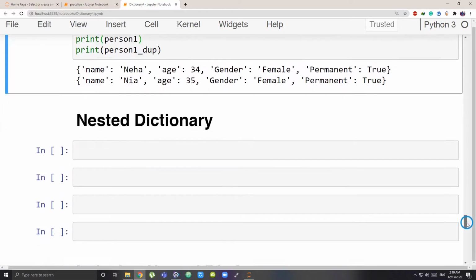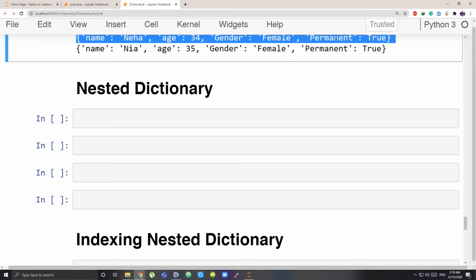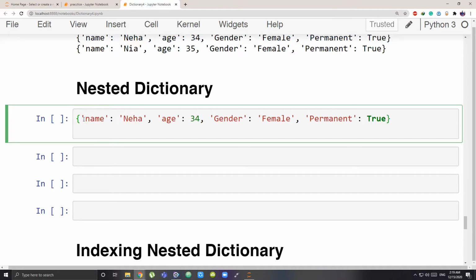Next, we have nested dictionaries. What do you think nested dictionaries are? A nested dictionary is a more complicated dictionary. It basically means that some of the values, or all the values, or any one or two values, is a dictionary itself.